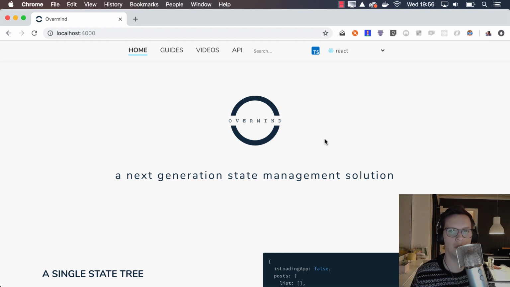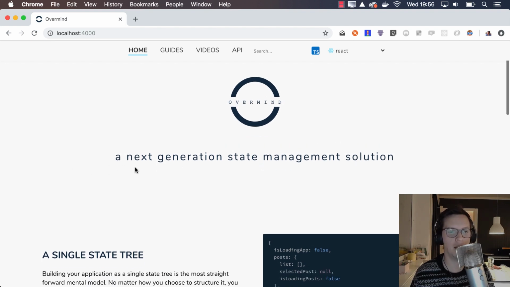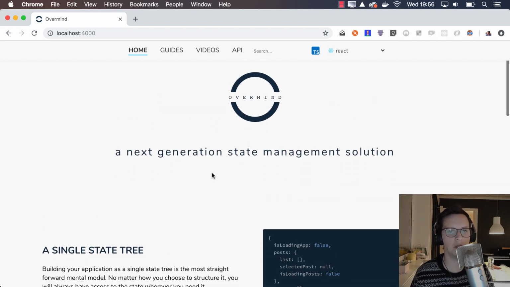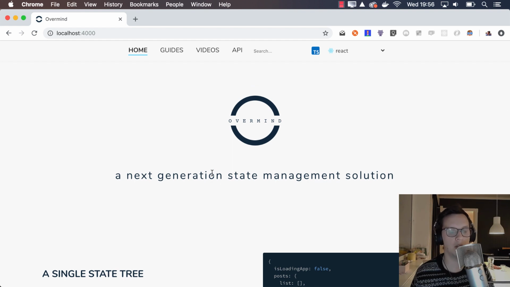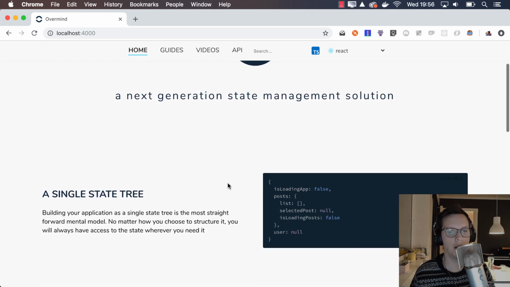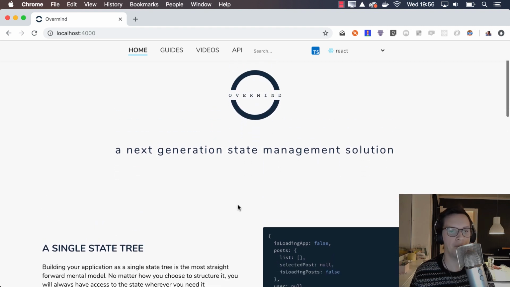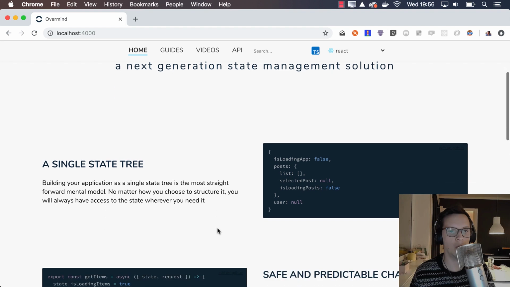So if you don't know this project, Overmind is a project that will be released very soon. It's a next generation state management solution. It's the same kind of solution as Cerebral and Redux and MobX. It tries to solve the same challenge, which is having an external state store to ease the development of building applications. The way it differs is that it uses modern web technology like proxies, and it's also written in